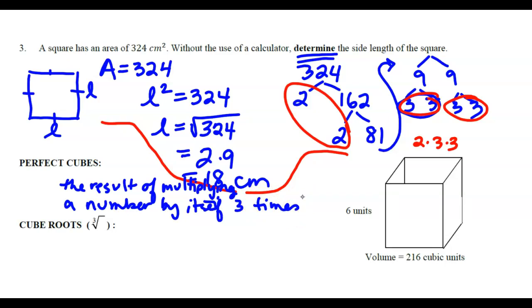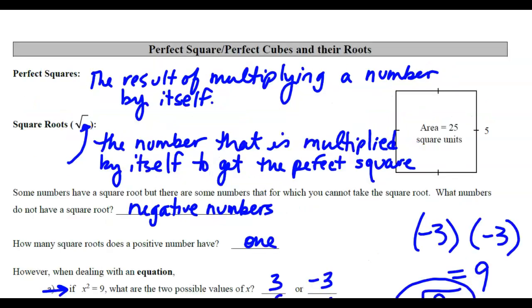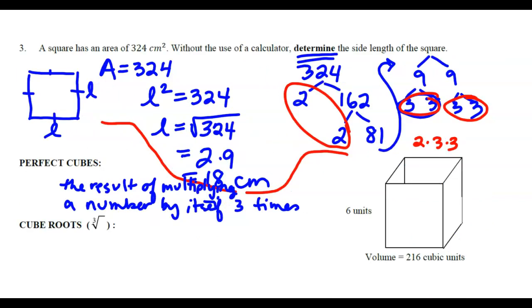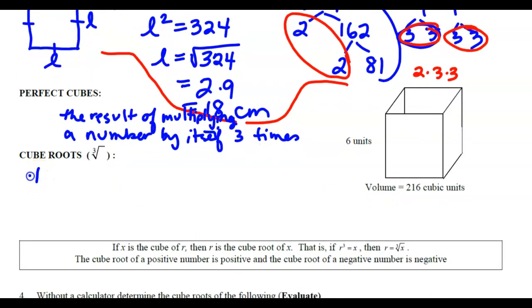Okay. Cube root, what did we say in the original? We said the number that is multiplied by itself to get the perfect square. So this would be the number that,